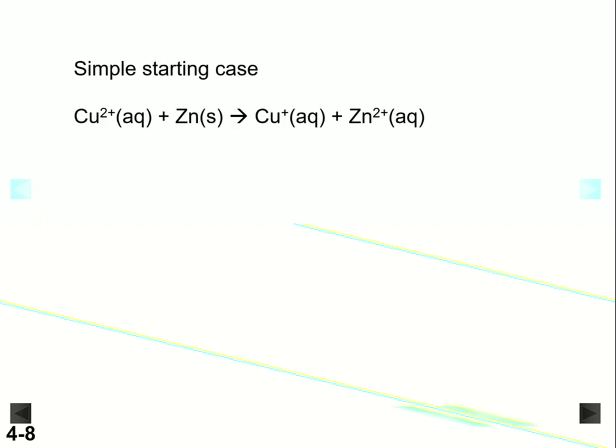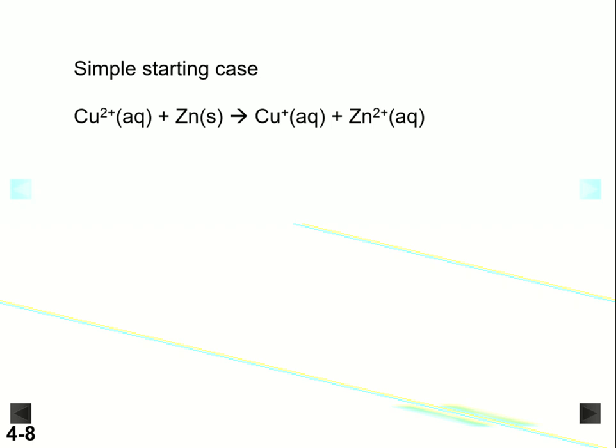Now we'll start off with a very simple case, and that is the reaction of copper-2 in water with zinc metal to produce copper-1 plus zinc-2. We've ignored all of the spectator ions. Those are not here. So we've eliminated those in this case. You'll see this when you get into General Chemistry 2. Oftentimes you'll actually have the reactive species physically separated, and they will transfer electrons through a cell, through what's called